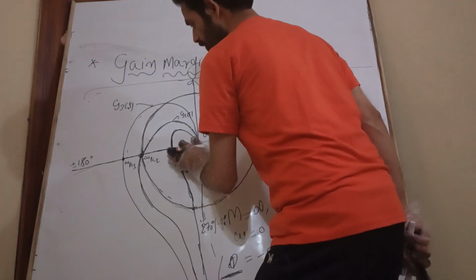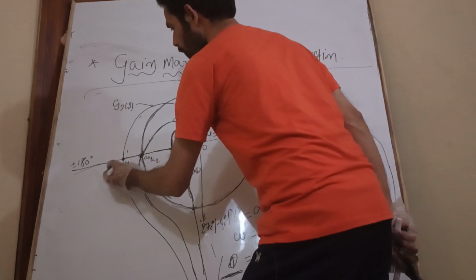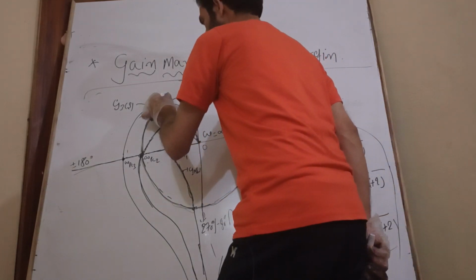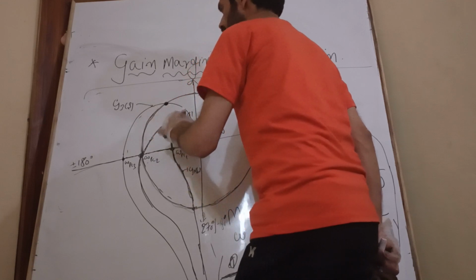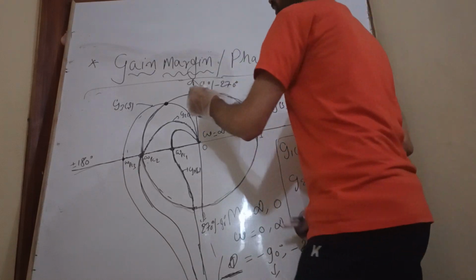This is my omega PC. At the real axis, we are always getting omega PC, the phase crossover frequency. At the intersection point with the unit circle, we will get